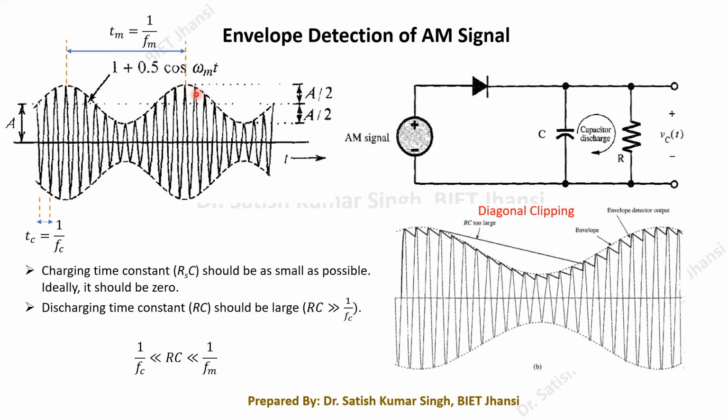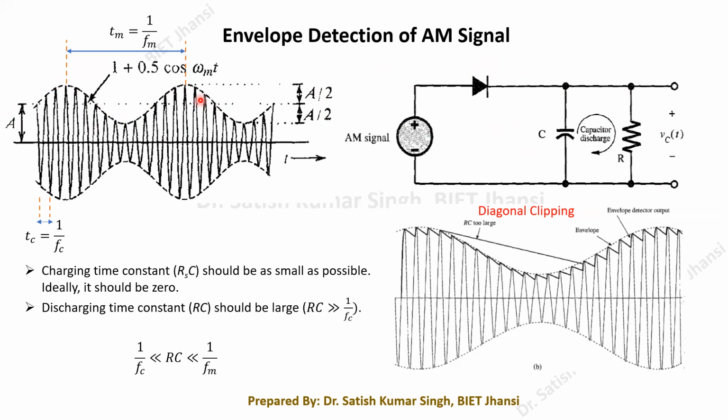So as we know, this carrier contains the message part in the form of its envelope, and we want to extract this envelope part. That can be done by a very simple circuitry, shown here in this picture. A very simple circuit can be used just for extracting this particular envelope part. How it can be done, we have to look at.